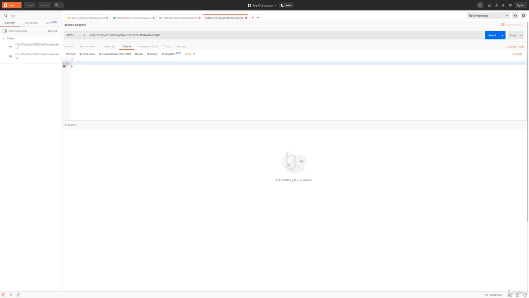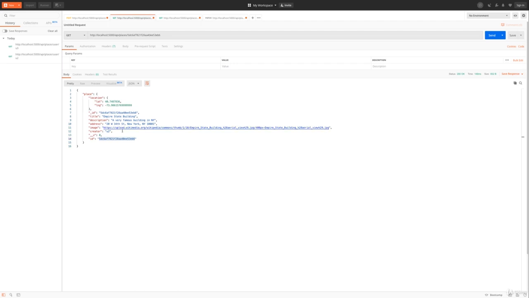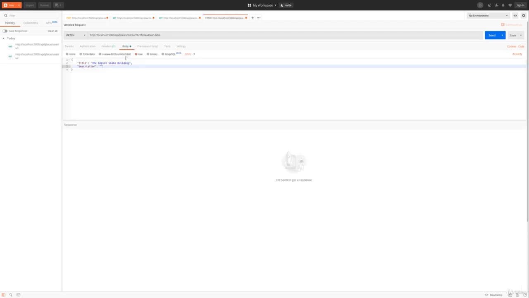For that, let's say the title should be the Empire State Building. Before we had Empire State Building. And the description here should be, well, what do we have at the moment? Here we have a very famous building. Let's say a great building, like this. So we have the two properties. So if we send the patch request now,